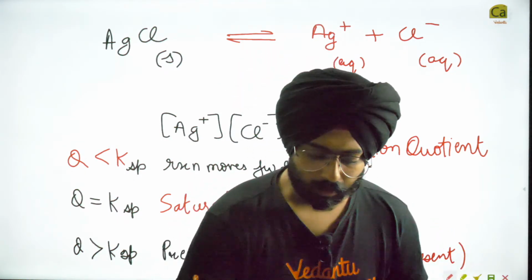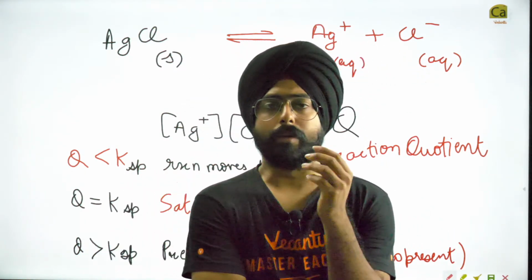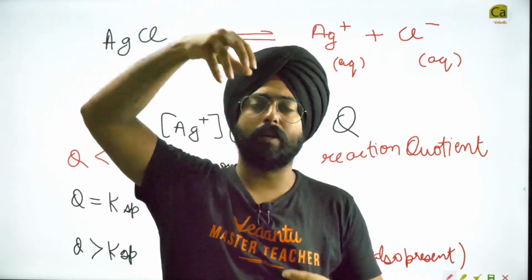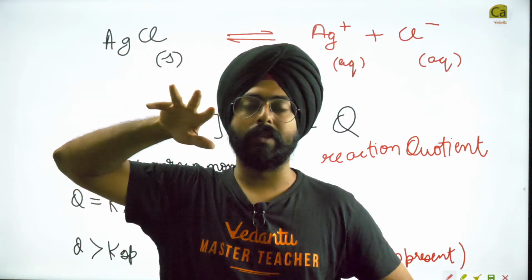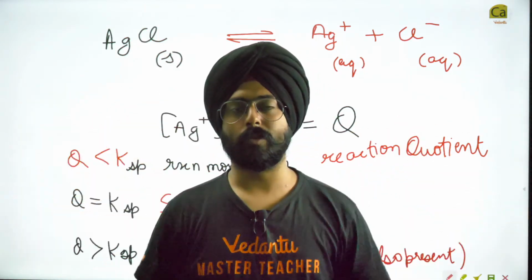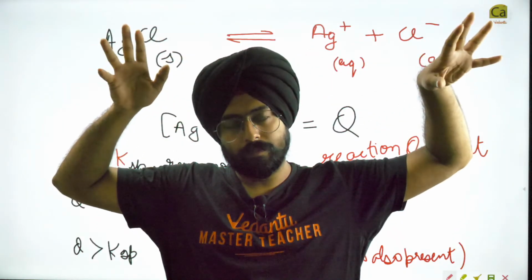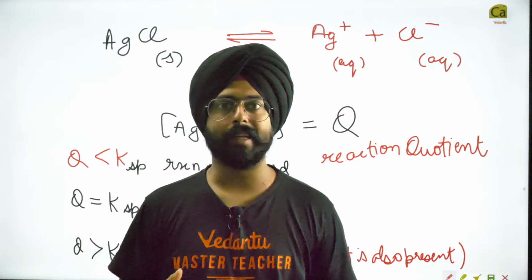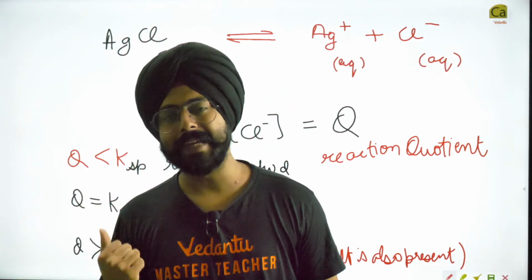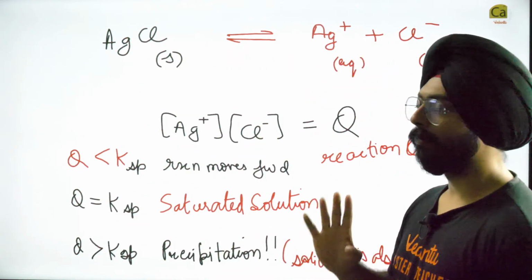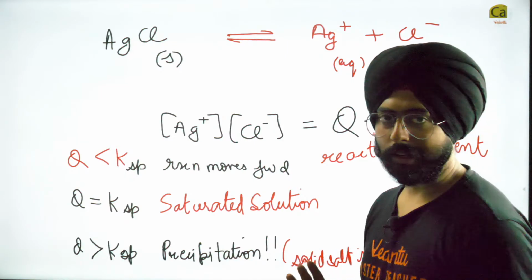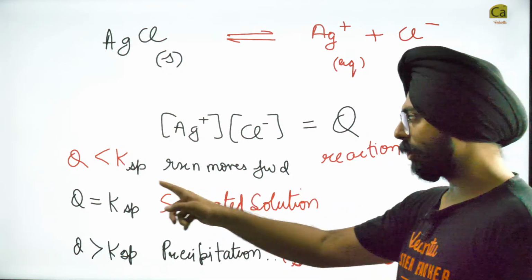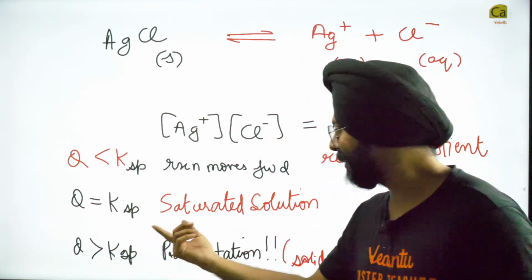See, till now, how have we been imagining equilibrium? You've been imagining something like this, maybe water coming in, water going out, maybe some chemicals here, some chemicals here, all existing in the same concentration. That is just imaginary. Now is the time when we actually look at some real equilibrium. And what's this real equilibrium? It is the solubility of a salt. At equilibrium, when Q is equal to Ksp, it is known as the saturated solution.